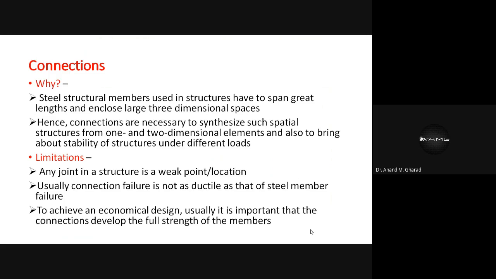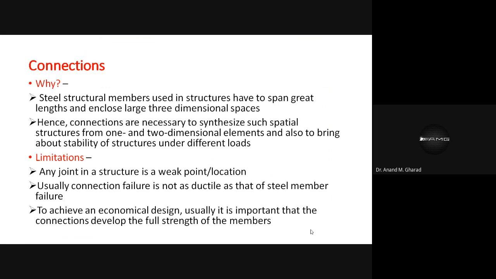So, in order to provide or suffice that area, the steel structure members should be such that they should cover the great lengths, or the area covered by them should be more, and because of which the connections are necessary